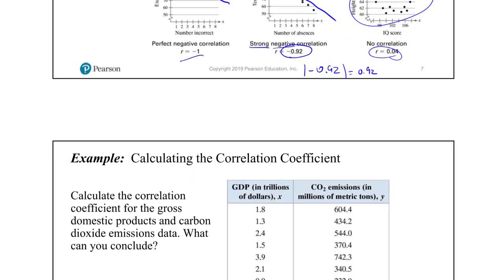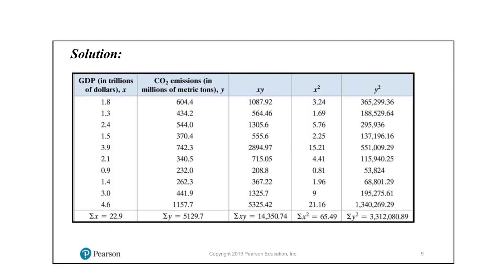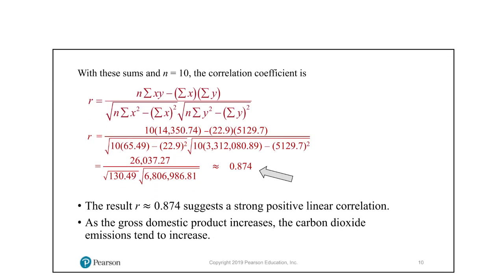So again, it is a very complicated calculation if you were to do it by hand. So if we go back to this data here, let's see what the calculation is, but more importantly, let's see what conclusion we can make out of this. All right, so you would have to do all these things if you were to do it by hand. You get the sum of the x values, the sum of the y values, the sum of x times y for each case, the sum of x squared for each case, the sum of y squared for each case. And then you put that into this mess of a calculation here, and then we get this